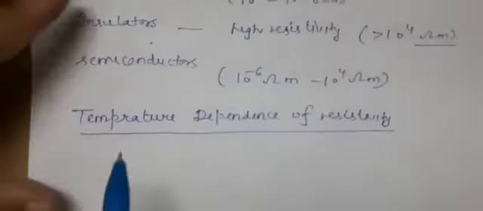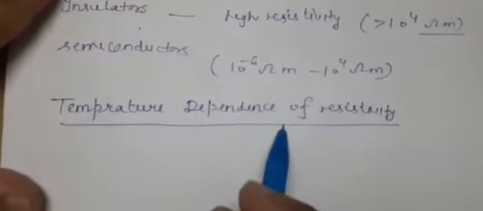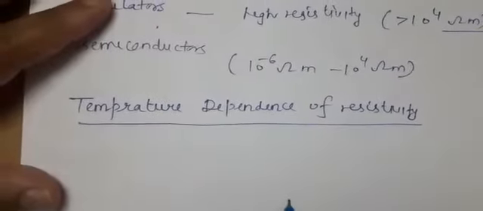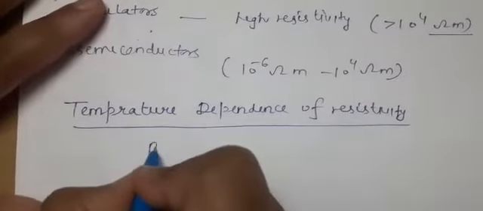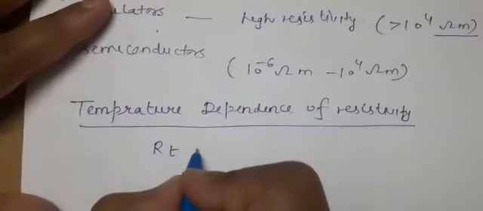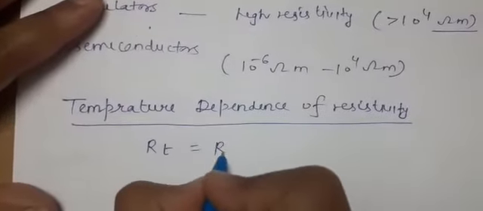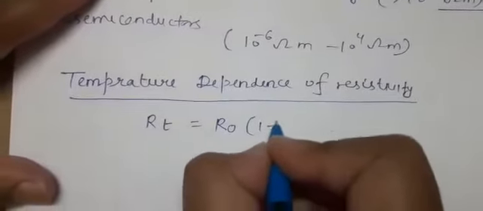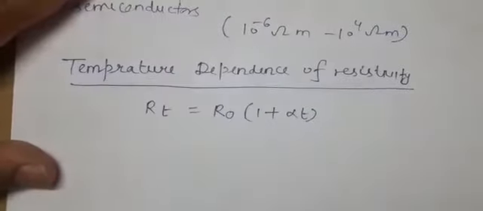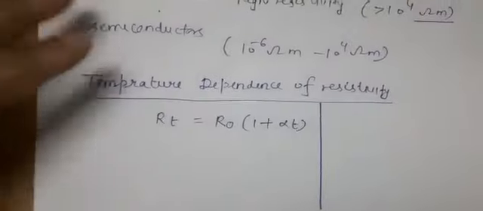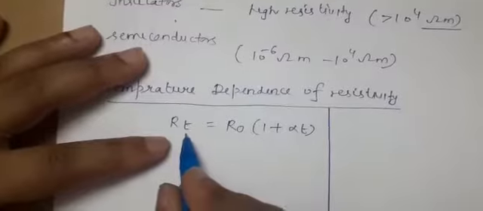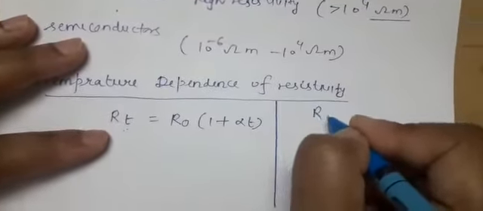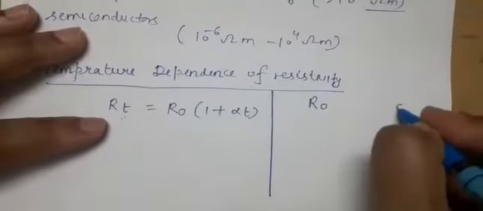Now, after this, we have to discuss the temperature dependence of resistivity or resistance. Here we will use one result directly: the resistance of a metal at a particular temperature T has to be related with the resistance of the same metal at 0 degrees Celsius, and you have to learn this result directly. So, the resistance corresponding to temperature T; we take the resistance at the initial temperature of 0 degrees Celsius as R0.